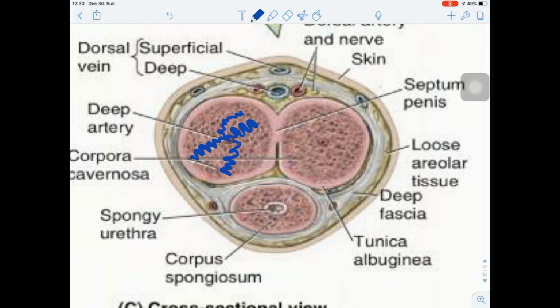What's the function of the parasympathetic nerves on blood vessels? Vasodilation. They form helixes, that's why they are called helicine. If parasympathetic nerves are activated, these helicine arteries become straight,